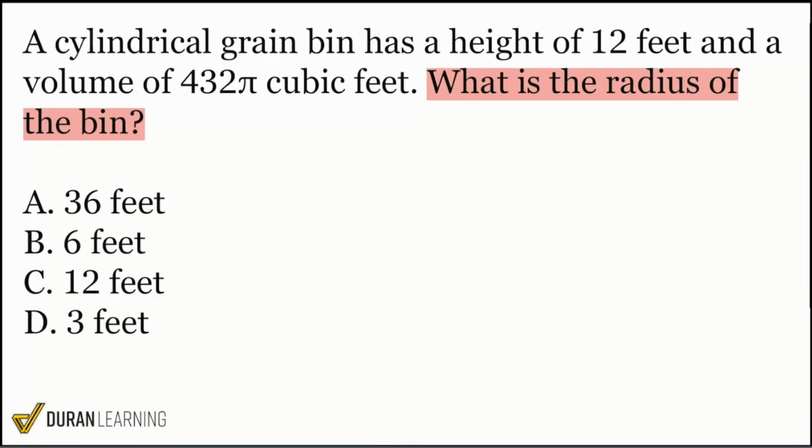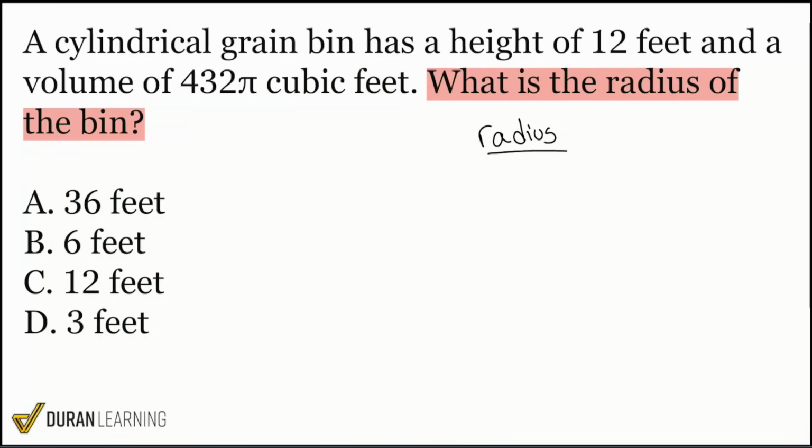I see that very specific word for geometry, and more specifically circles and cylinders. And so what we want is that radius. Let's go ahead and write that down, and then we'll continue from there. So here it says, a cylindrical grain bin has a height of 12 feet and a volume of 432 pi